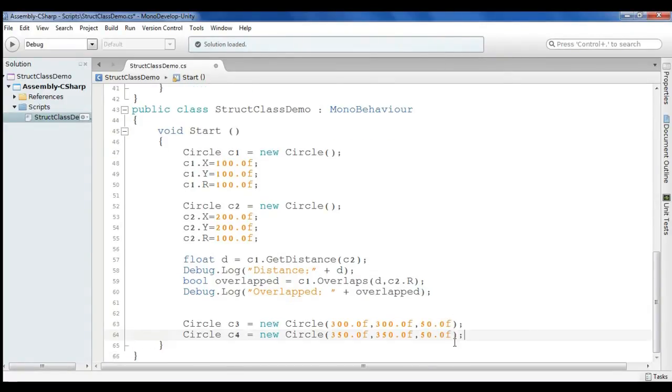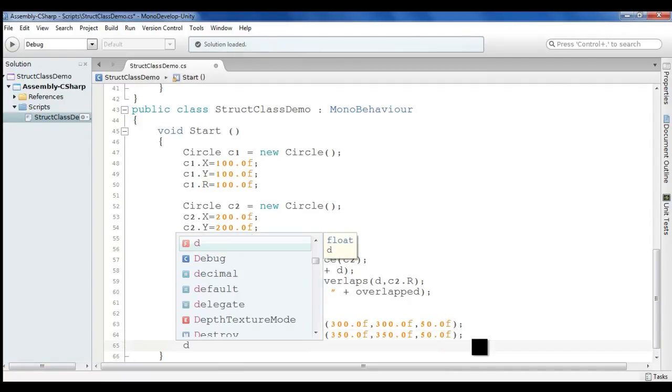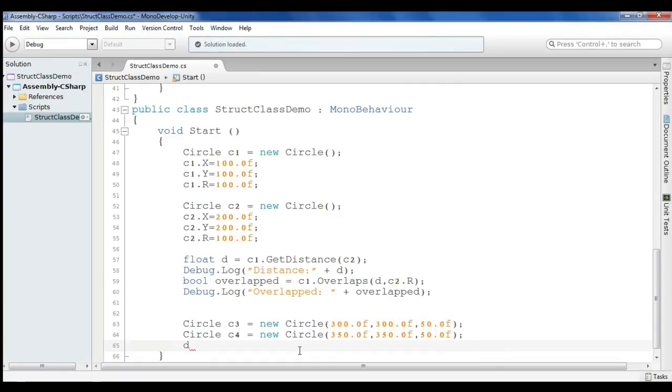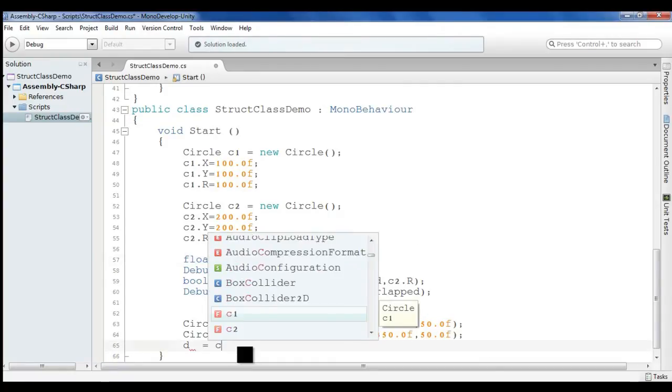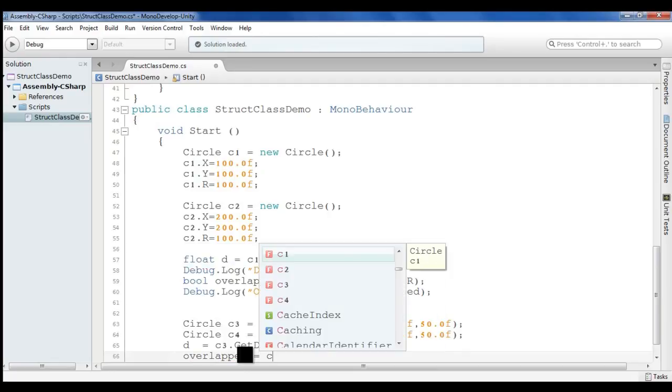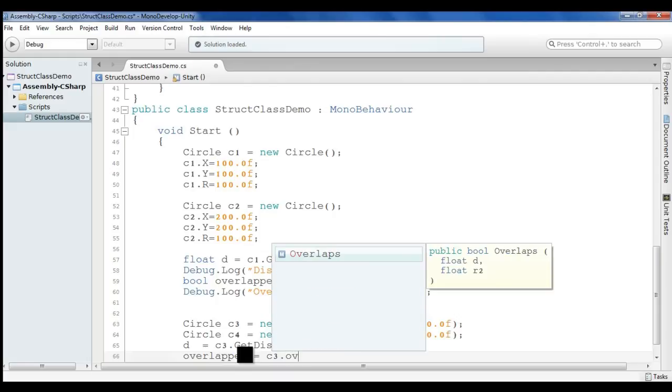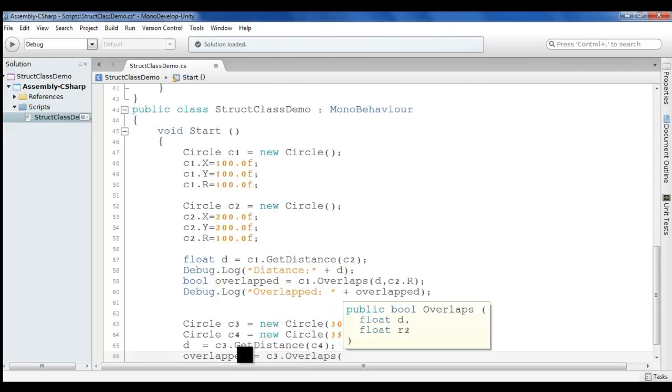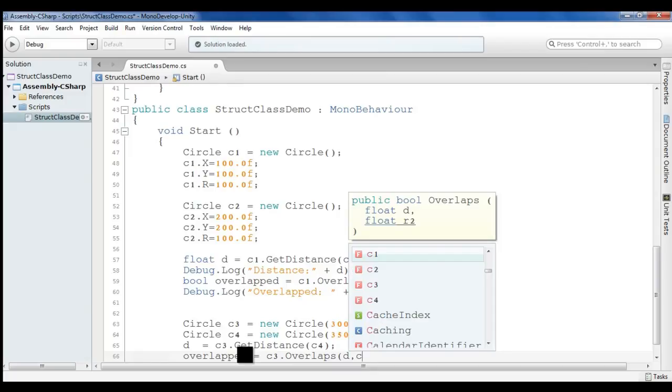And if I want to find out the distance, I can find out now. We have d available that we have created. I can use that one only. So d is equal to c3.GetDistance, and I can pass c4 to it so that it returns me the distance. And I can also find out whether they have overlapped, right? I can use this variable overlapped is equal to c3.OverlapsWith, and you have to pass d and c4.r.